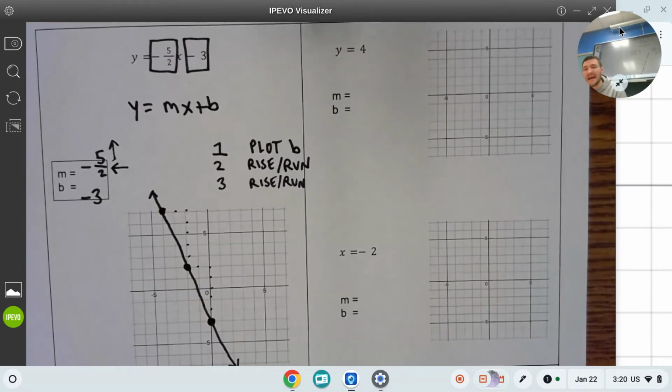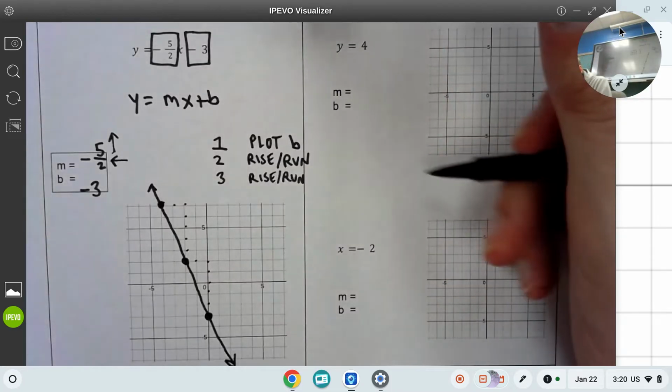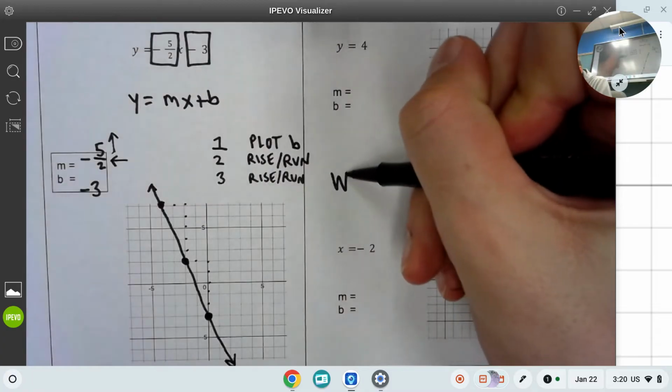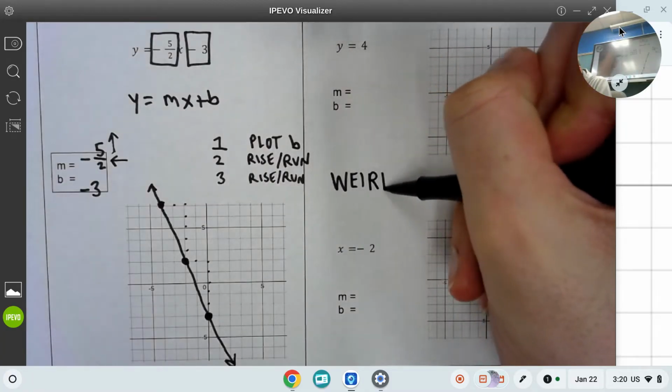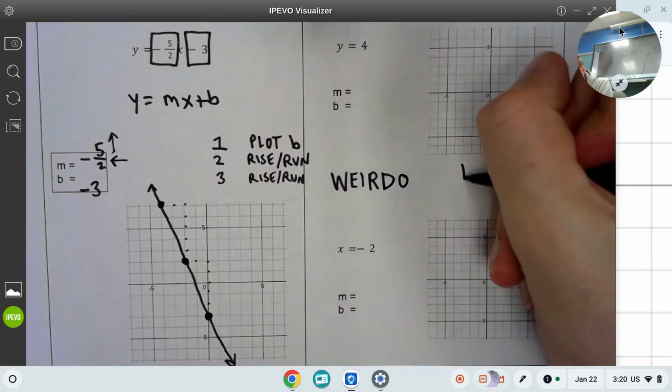Now, the next box is probably the box that I might highlight more than any other box, okay? These are kind of the weirdo graphs, all right? Not to hurt any of your guys' feelings, but these graphs,